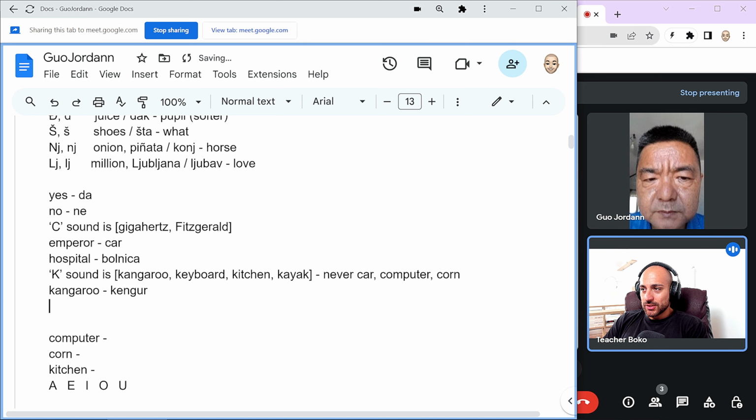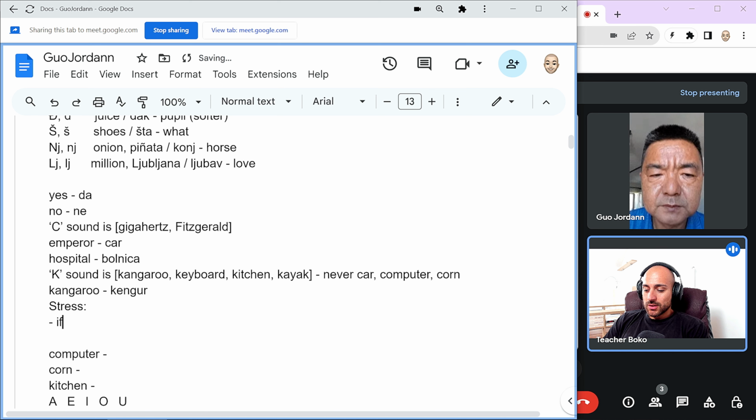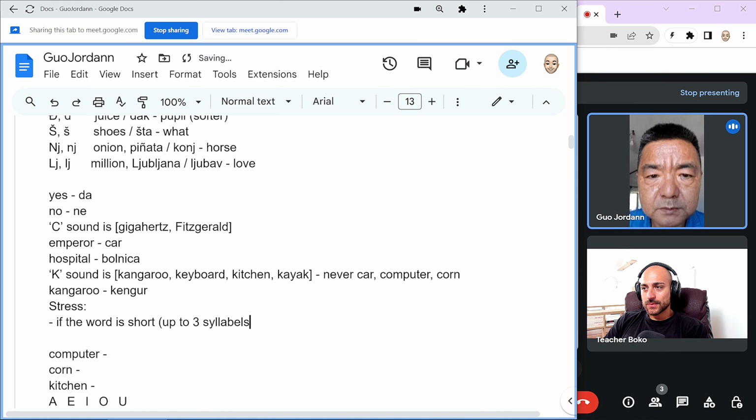If we talk about stress, if the word is short, maybe up to 3 syllables,